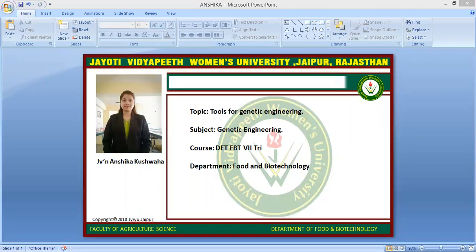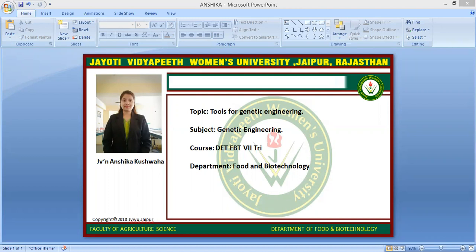Now, what are the tools of genetic engineering? There are seven important molecular tools for genetic engineering, in which each DNA strand contains thousands of genes. Gene cloning is the process of replicating a specific set of genes from a strand of DNA. Genetic engineering is the process of using gene cloning and other genetic manipulations to isolate specific genes and use them for research and other purposes.